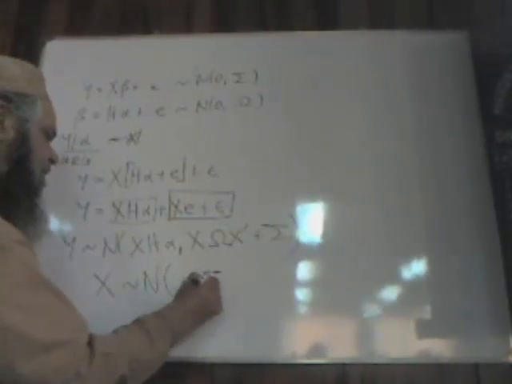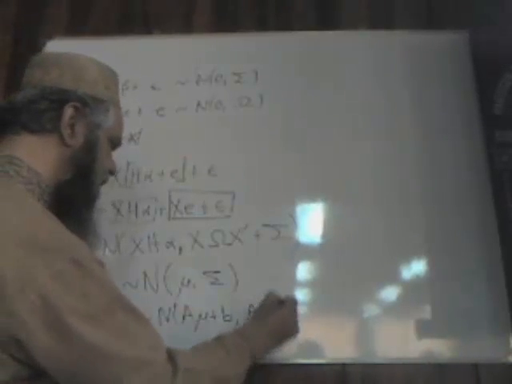Let me just recall that if x is normal with mean mu and covariance sigma, and you take any linear transformation, y equals ax plus b, then y is normal with mean a mu plus b, the same linear transformation is applied to the mean, and the covariance gets pre and post multiplied by the multiplier matrix A. This is a well-known theorem, easy to prove,